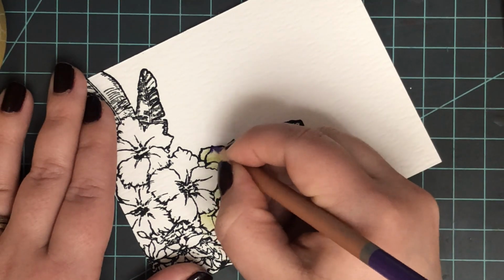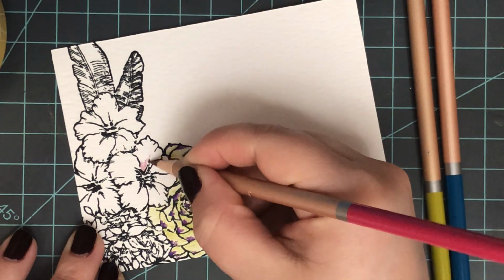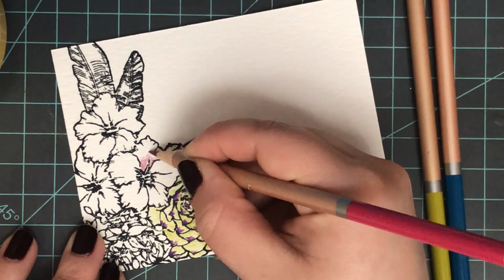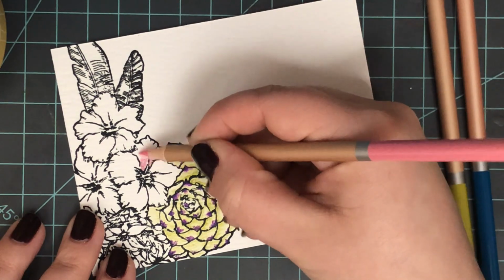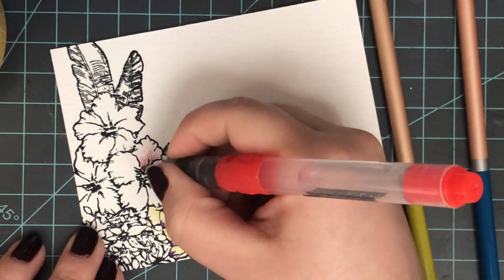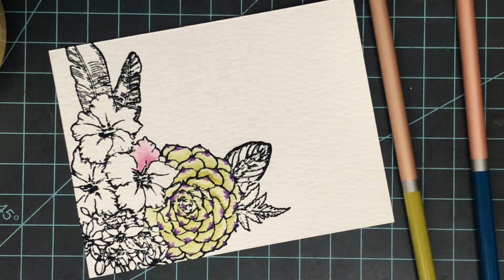One thing you'll notice about my stamped image too is all of the areas that I am coloring in are relatively small. If you are just starting out with watercolor pencils and you're just trying to get a feel for them, I would suggest smaller images. Having large open areas to color in can be really intimidating. It can also show your lines really, really badly. But when you have these smaller areas, it is much more inviting and it's not so intimidating to look at these smaller areas where there's not a ton of white space. Having a large area with all that white space can just be too overwhelming, especially when you're just starting out